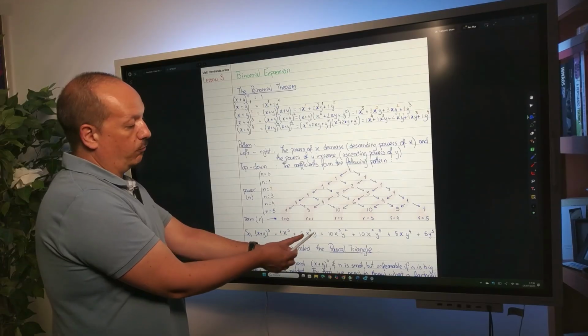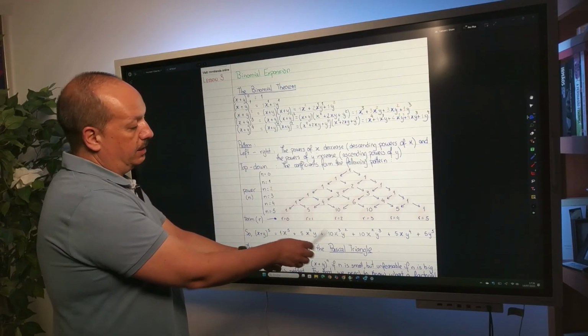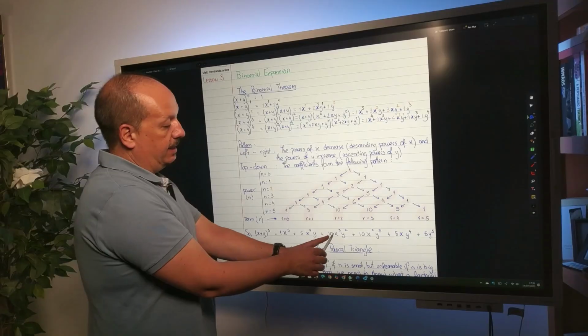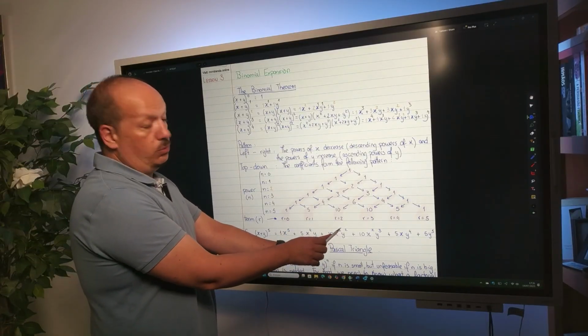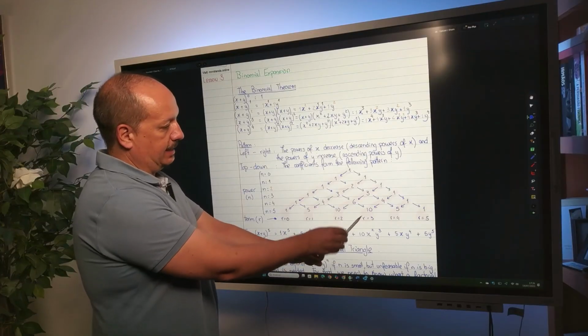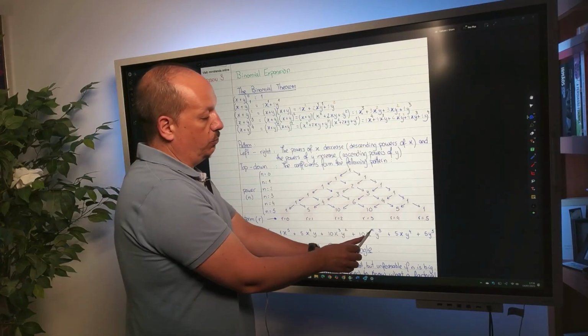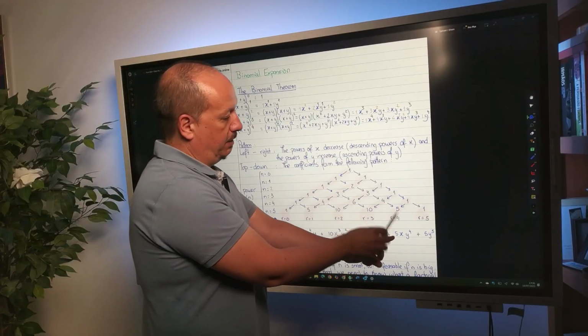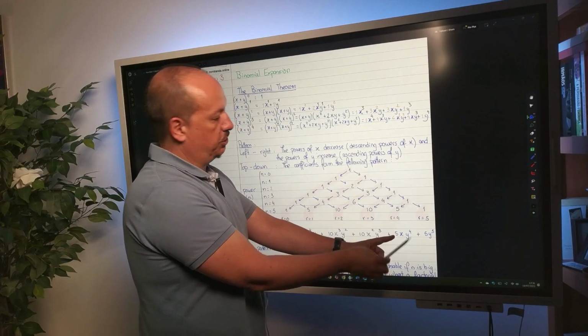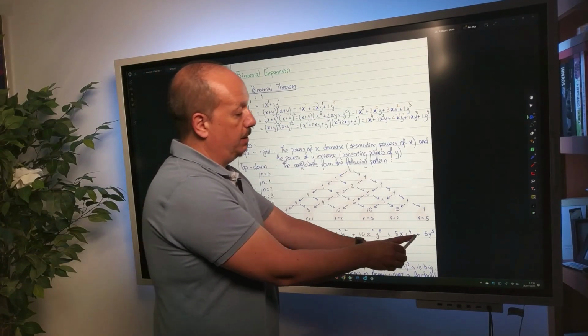So y to the power of 1, or just y. The third term would be 10 x to the power of 3, went down. y to the power of 2 went up. Then 10 again, x to the power of 2, it went down, and y to the power of 3, it went up. 5 x to the power of 1, or just x, y to the power of 4, plus